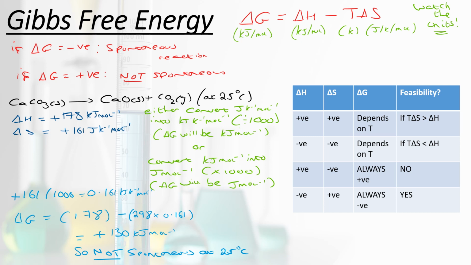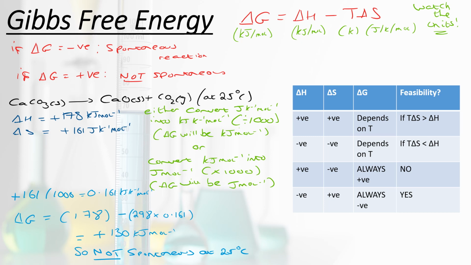And so we just have to make sure that our units match. We can't have things in kilojoules and things that are in joules. We have to pick. So if you're calculating delta G, either convert your delta H into joules, have the entropy in joules, and that would give you your delta G in joules, or convert your delta S into kilojoules per Kelvin per mole, and then that will give you your delta G in kilojoules per mole. Essentially, the unit that you have on your delta H and your delta S has to match. It's either joules or kilojoules for both.